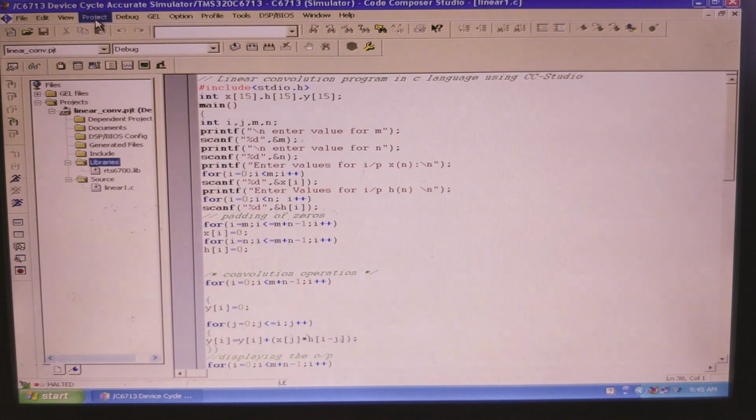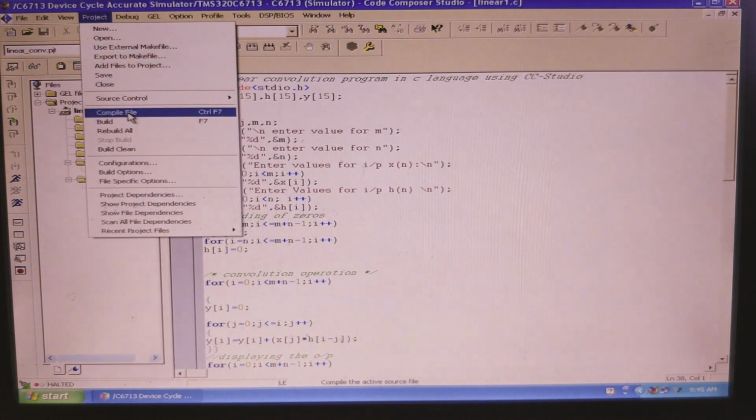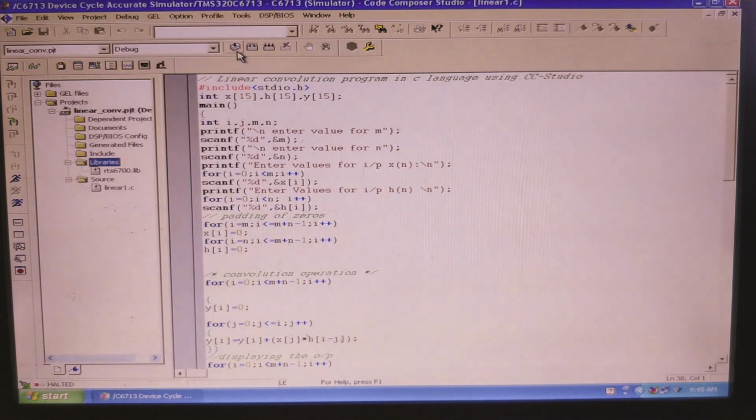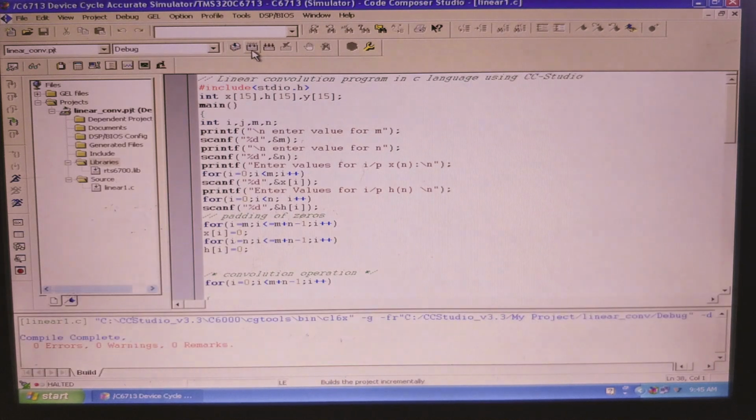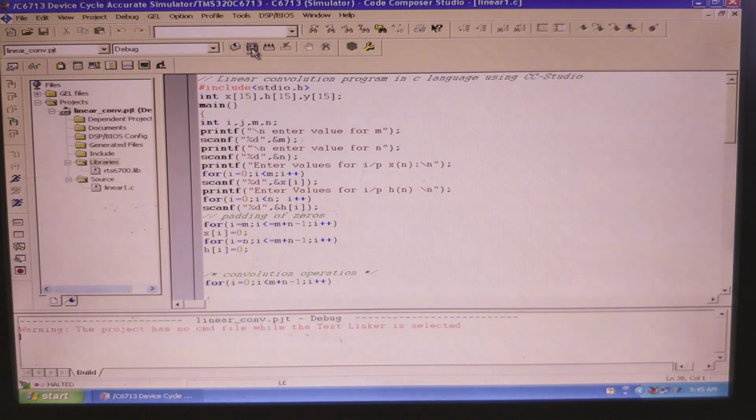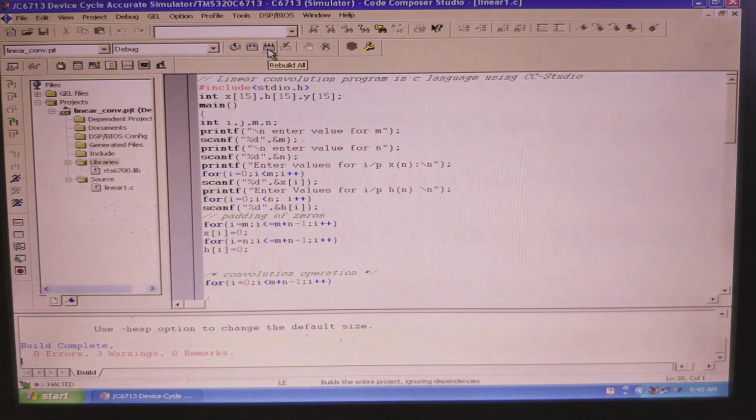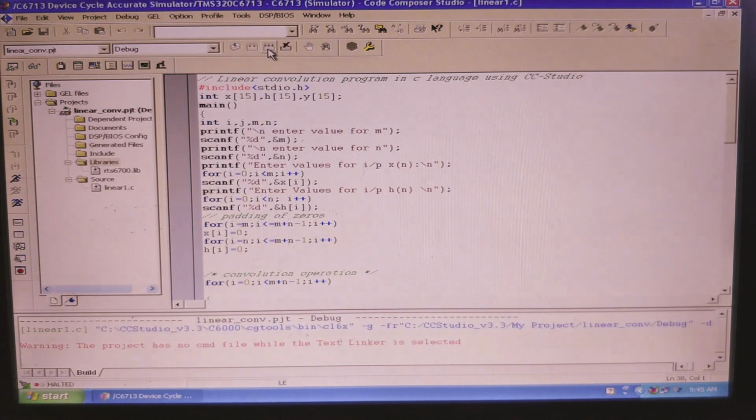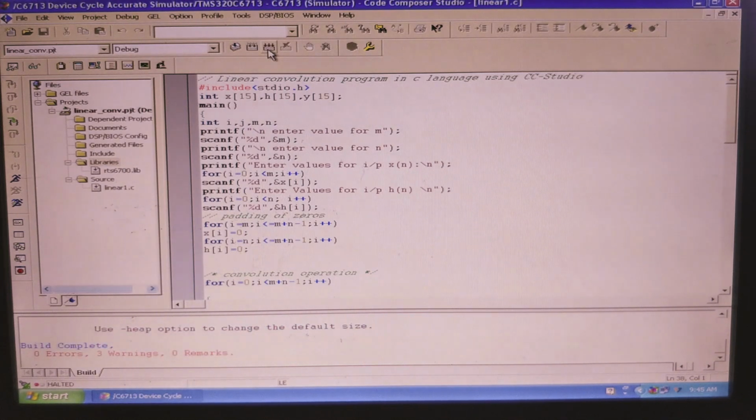So you can go to project. Under project, we have option called as compile. Next we have build. Next we have rebuild. All these three steps are to be done in succession. Okay, the same options are available even in the taskbar also. You can see there's a compile file. So after compiling, we have the incremental build, and finally we have rebuild all. So at the end of this, the output file will be created provided you do not have any errors. Okay, if you have errors, go back, rectify it.